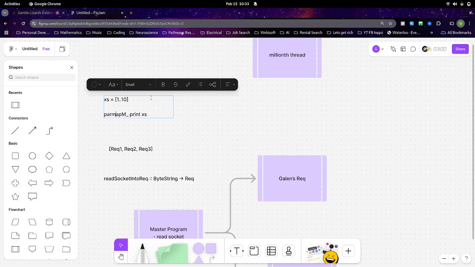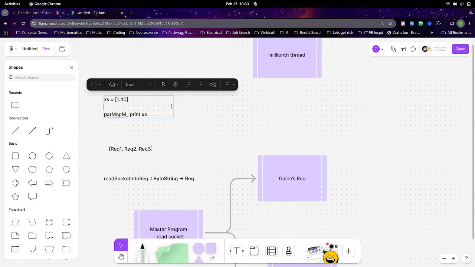par map m, which is a function I've made up, which is going to do two things. It's going to fork another program and then print it, which is quite easy to define in Haskell. I'll forego it for now, but it's quite simple. This is one example of a very simple parallel program I could create.